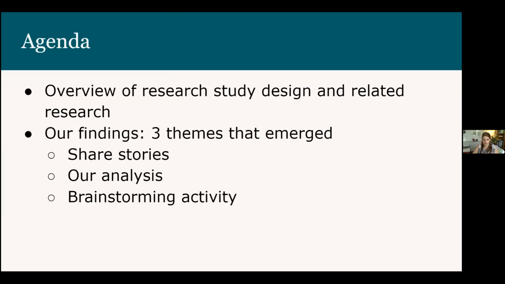Just to go over our agenda, we'll start with a brief overview of our design, how we collected the data. We'll talk about our findings, again with a focus on that qualitative piece, the student narrative, and the three main themes that emerged from reviewing that data. And we'll end with a Q&A. We're trying to be a little more interactive, modeling